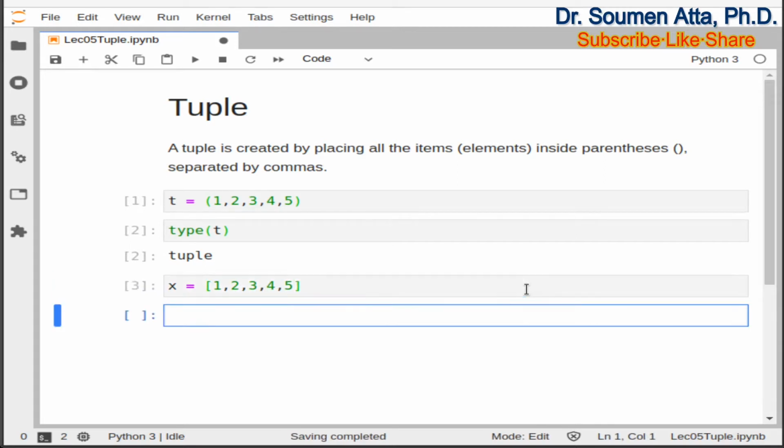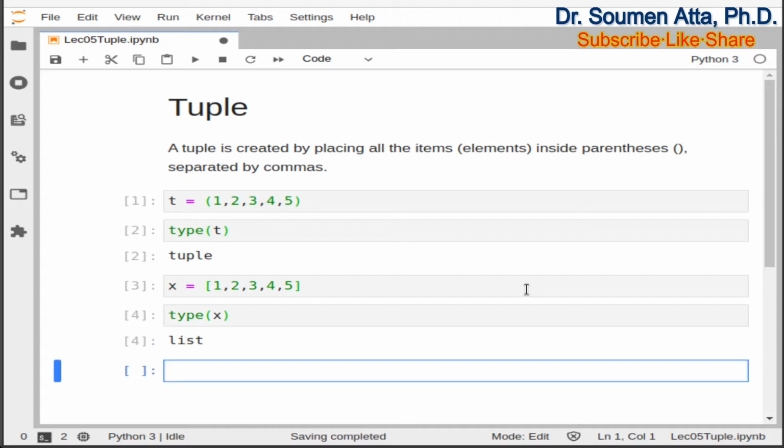This creates a Python list, and you can use the type function to know the type of the variable x. Here you can see it shows you list. So whenever you create a Python tuple, you need to use the parentheses, and whenever you create a Python list, you need to use square brackets.